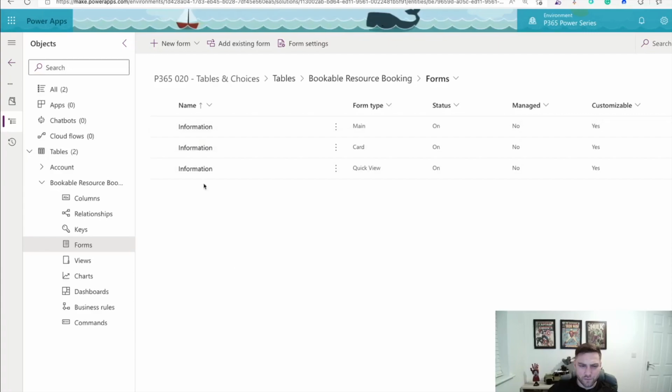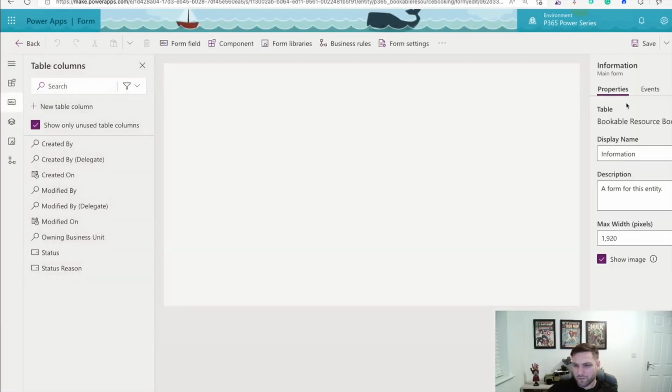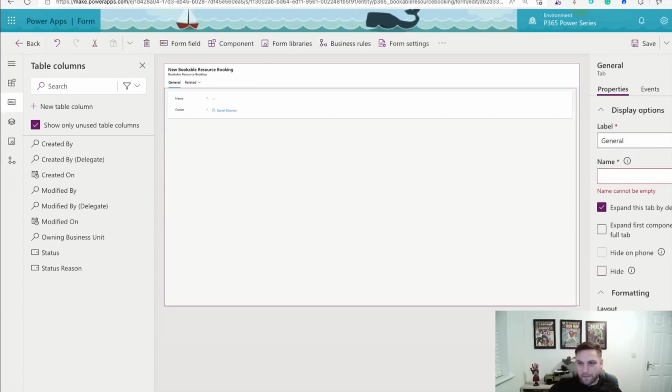So I'll navigate over to a form. Again, best practices, change the name of the form because we don't want to be calling it information. If I abbreviate this and call it BRB Power Series, and then in the description, main form. It just helps with any users that come in and need to make any changes. If I save,